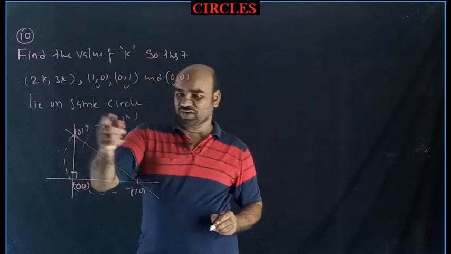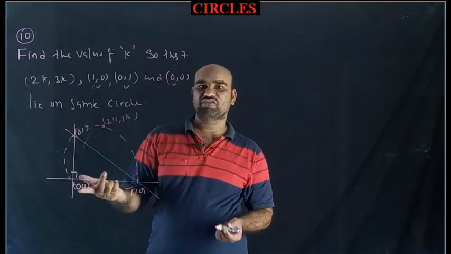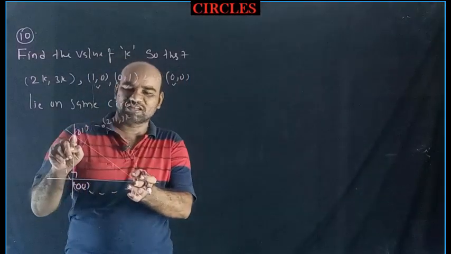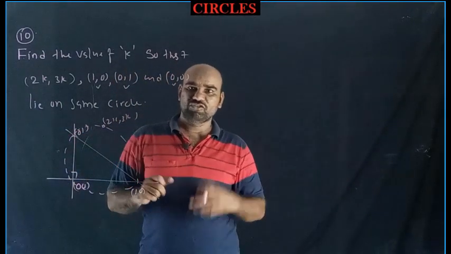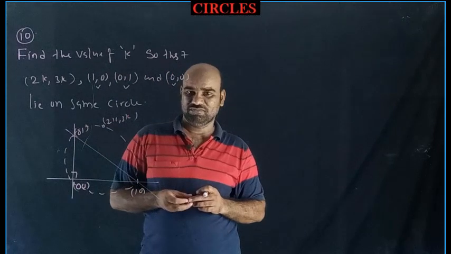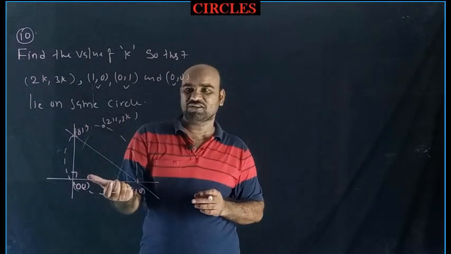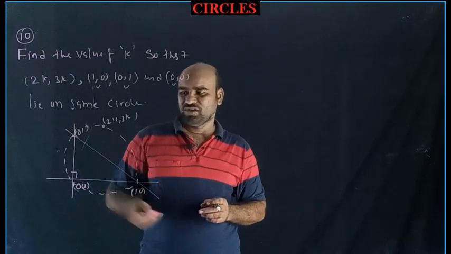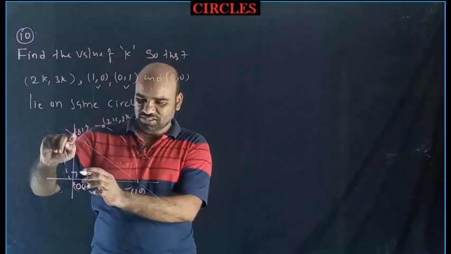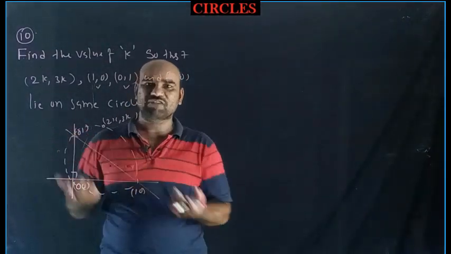First of all, I want to find the equation of the circle. Easily you can find it, because this becomes the diameter of the circle. Center you can find, radius you can find, directly you can find the equation without using a general form, because it is a special circle. These 3 vertices will form a right angle isosceles triangle. Right angle triangle, 90 degree diameter, the midpoint of the hypotenuse will be the center of the circle.